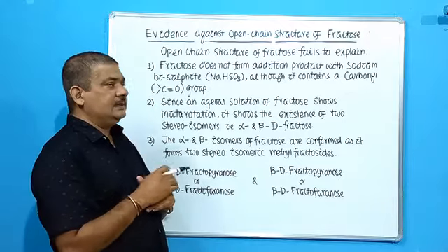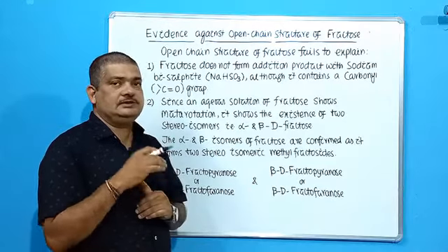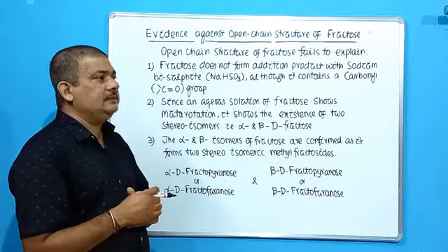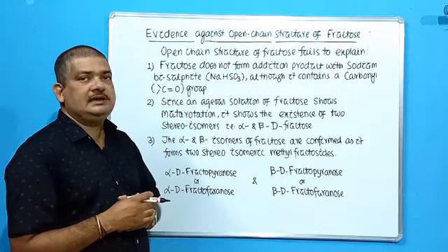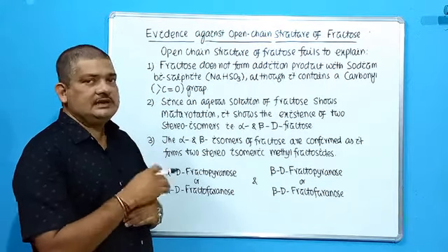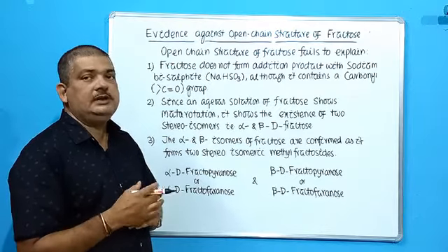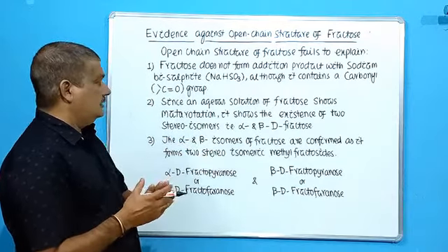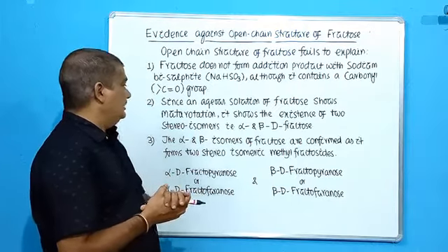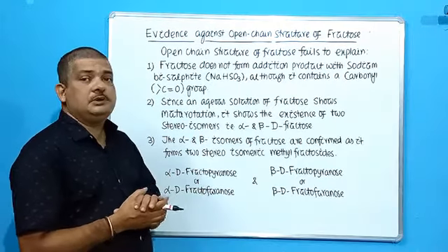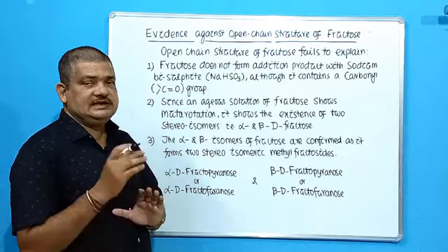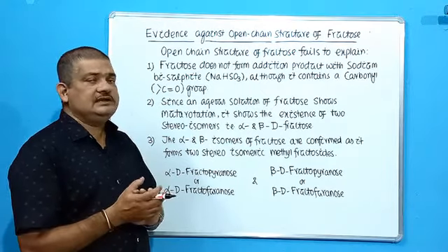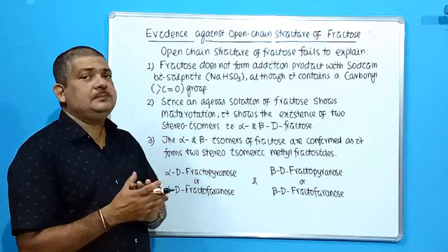So the second carbon atom undergoes intramolecular rearrangement to form a hemiketal or closed ring structure. It may be pyranose, it may be furanose, which we will be discussing later on. The next: like glucose, the aqueous solution of fructose shows mutarotation. Mutarotation means change in specific rotation, that is, change in the degree shown in the polarimeter.